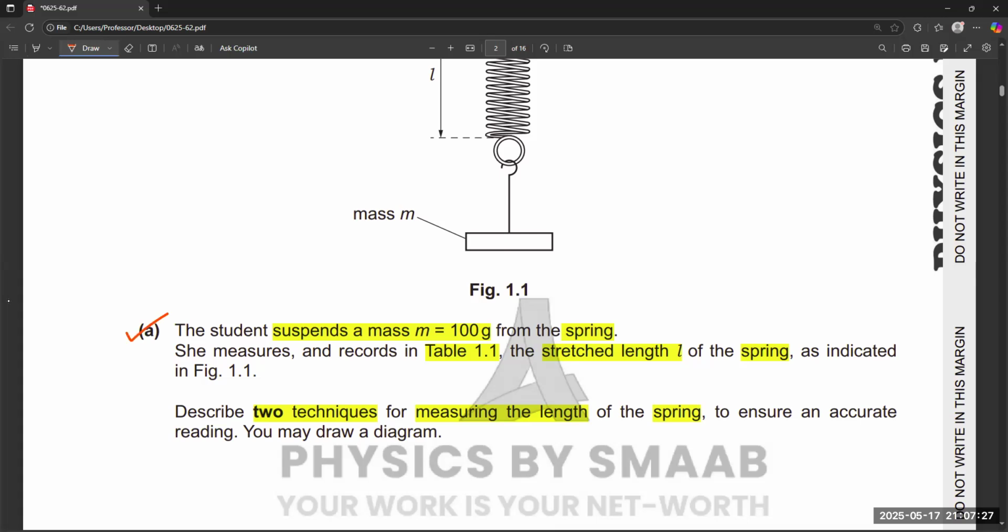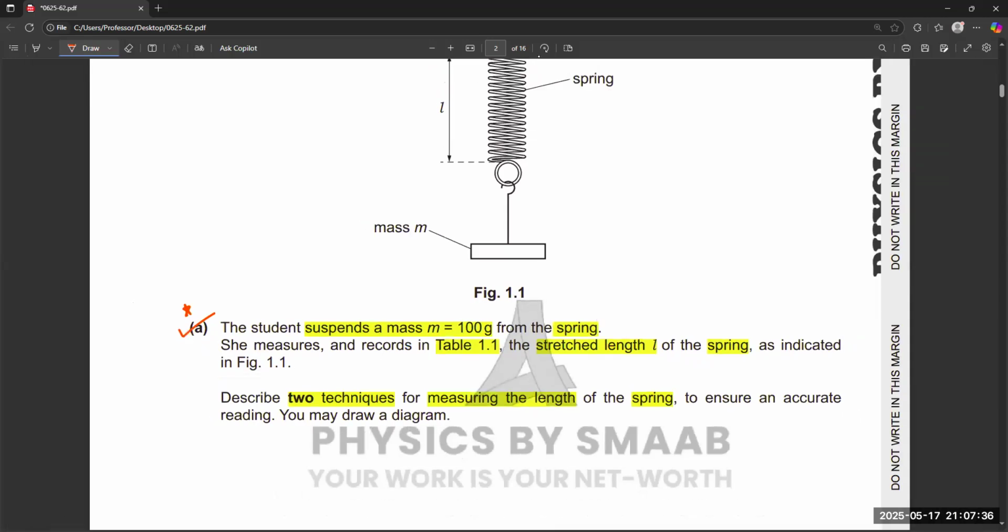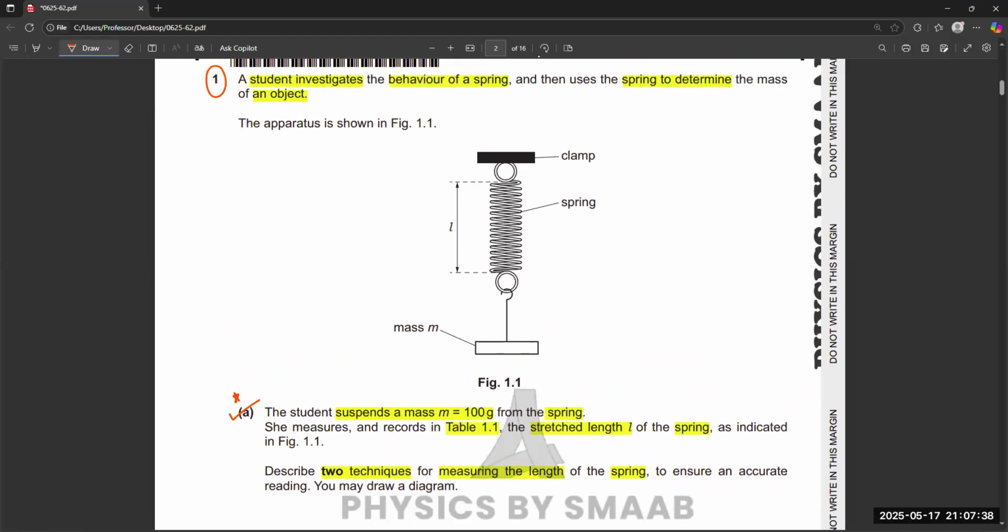So this is a repeated idea in the past papers, and it is also a very easy method to explain. In the notes, we already discussed it. If you check the notes, you will find this information there also. Let me show you again.